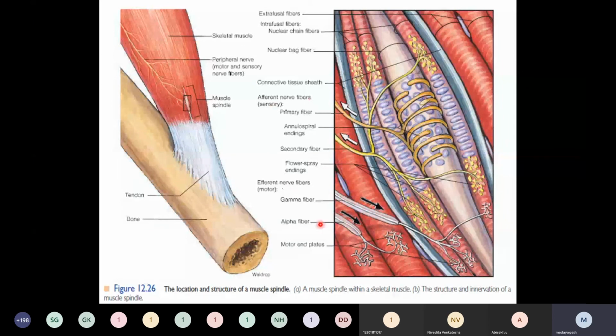Abhinav, what is something special you see in this muscle spindle? Something special. To give you a clue, what is a muscle spindle? It's a receptor. It's going to sense the changes happening and inform the brain. Okay, so you can see the nerves also, which are taking the information to the brain. Anything else you see?